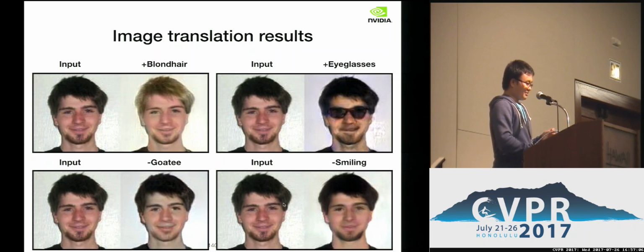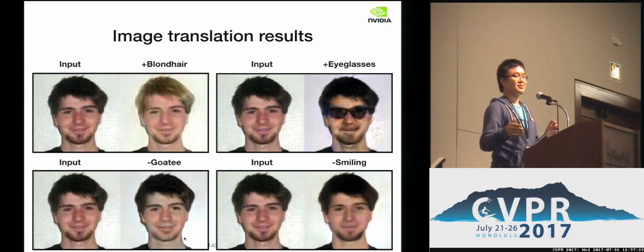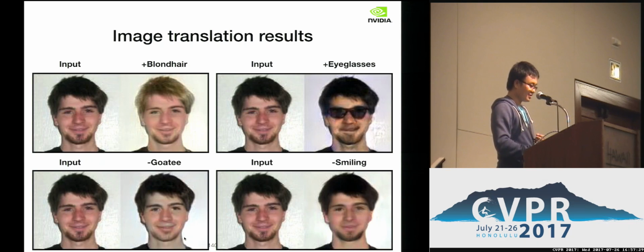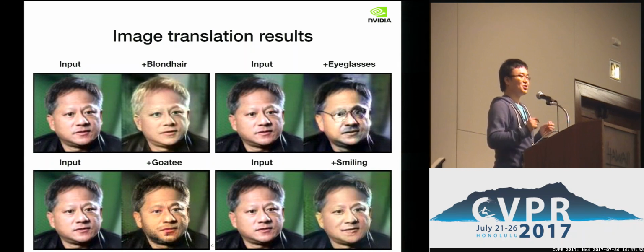So you can give him blonde hair, put on eyeglasses, make the expression neutral, and try to reduce the goatee. And actually, you can apply the model again, with reduced goatee, sequentially. I try not to do that, but there are many things you can do to make the result better. And this is our CEO, Jensen, who also allowed me to use his images for illustration. So you can add blonde hair, eyeglasses, and make him smile or add some goatees.